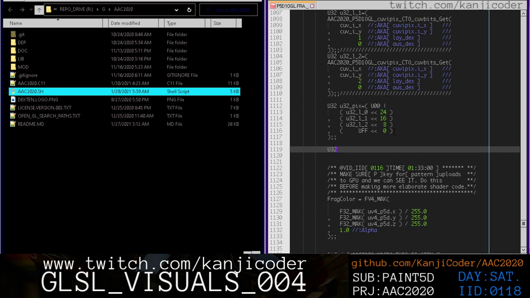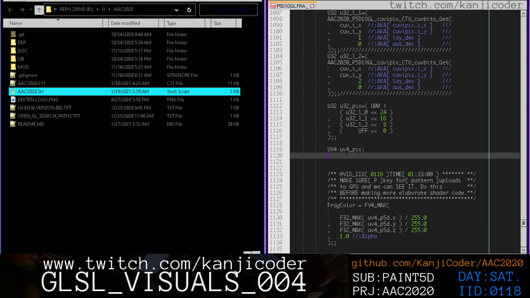So U32, let's call this UVEC4 pix. So we have a U32 pixel, and now we have a UVEC4 pixel. And that is going to equal nothing, because we have to write it in a way where it works as GLSL and C99 at the same time. But yeah, so dot x is going to equal, we're going to take the U32 pixel,